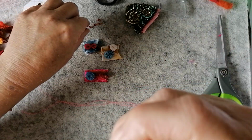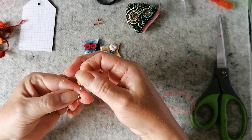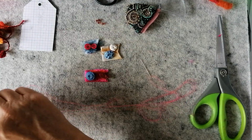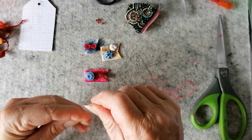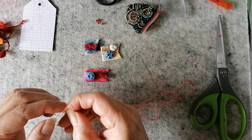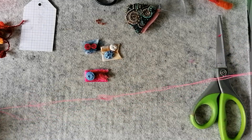I'm hoping this needle is going to be fine enough. I might have to swap to a beading needle. Hoping it's going to go through. Yeah, they'll go through there. Cool. All right, hopefully I'll be able to use this for the whole thing. Let's see how we go, shall we? I don't know how long this will take. Put me on fast forward. I do not mind. Let me just make sure this lighting's all right. Yeah, I think it is. I think you can see. It'll be a bit shadowy, but